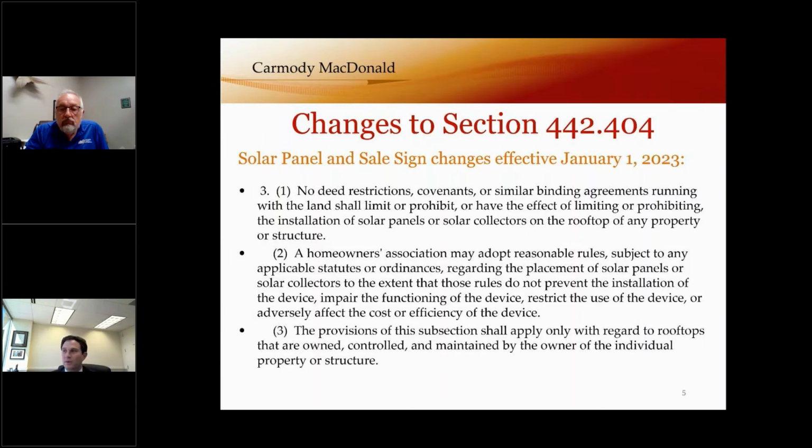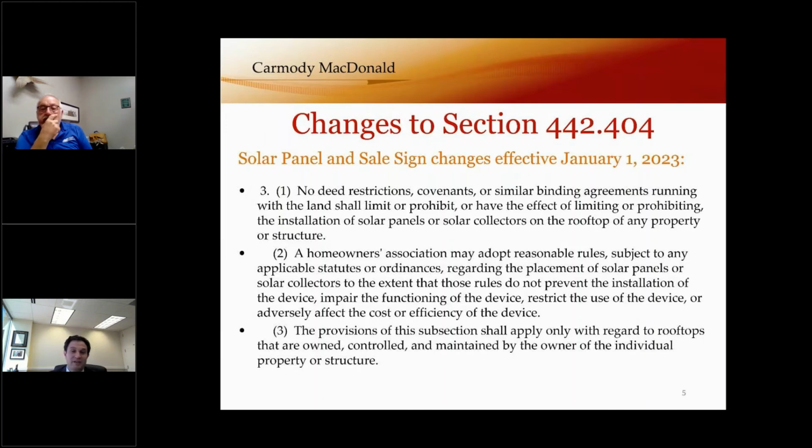And so I think where we see this playing out most likely is many communities that we've worked with over the years have said, we don't want the panels to be visible from the street. And what that usually means is the panels need to be rear facing, not on the front side of the house. And what this provision is saying is you can have rules, and perhaps, we haven't seen what the enforcement of this is going to look like yet, since it's not yet effective. But you may still be able to say, here's our preference. We'd like these on the rear, a non-street facing side of the roof.